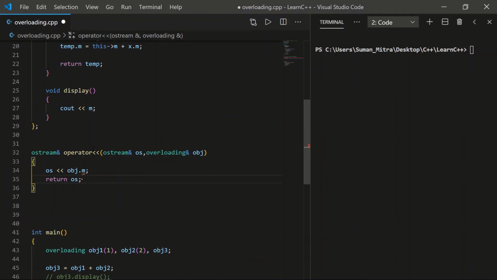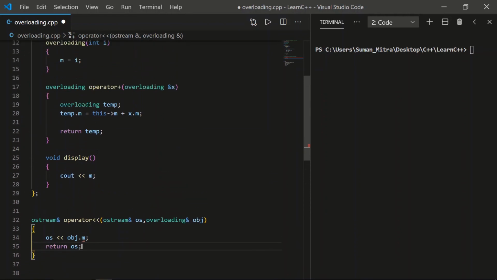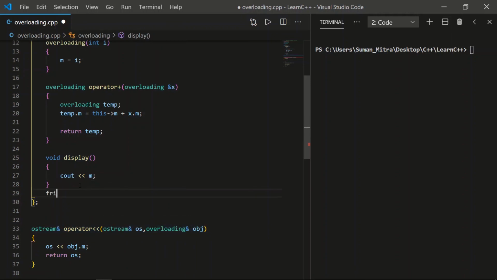Okay, now we declared this outside of the class. You can see the class ended here. We should declare this outside of the class because this is user defined. We are defining this by ourselves, and we are changing the behavior. So we need to add this inside the class. We can do this by just using a friend function. Just copy this and write friend.